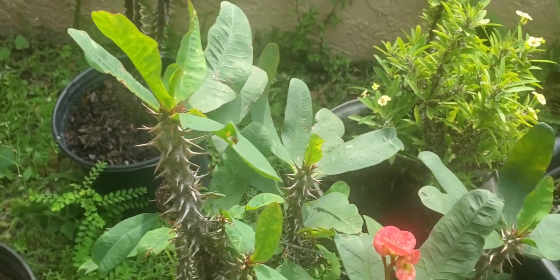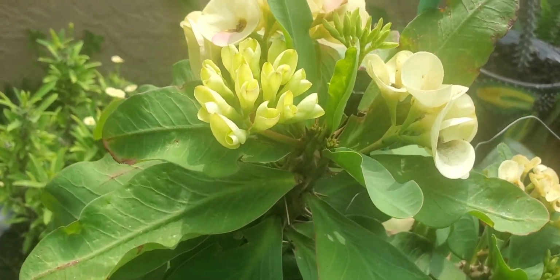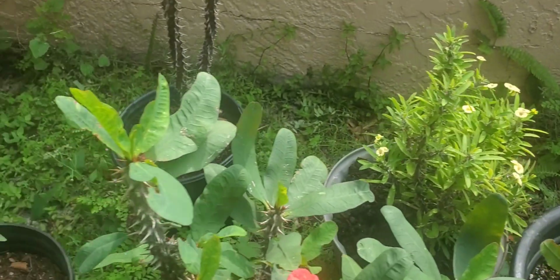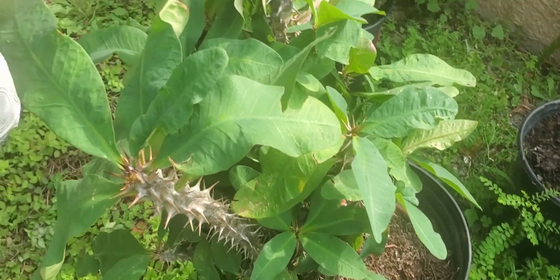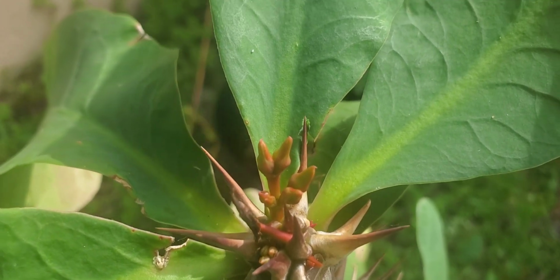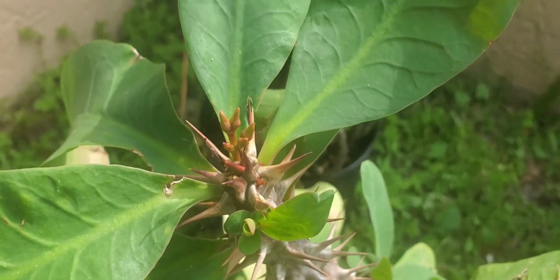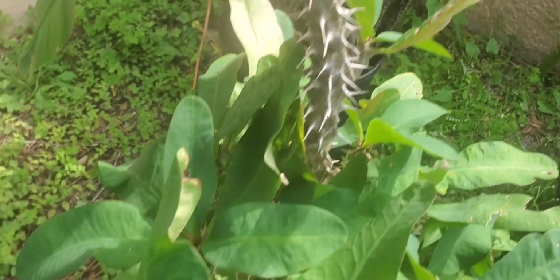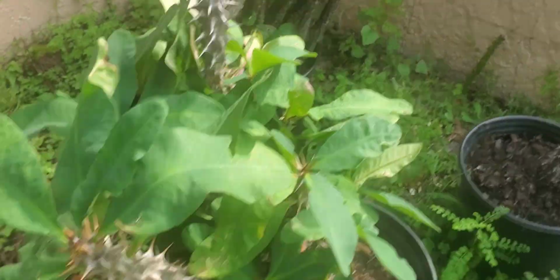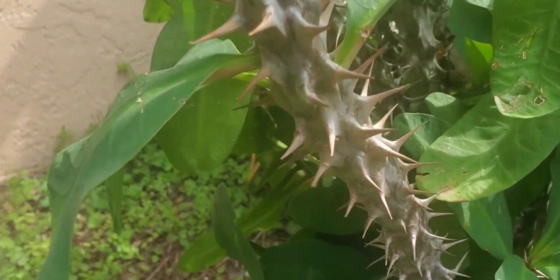and this could be a Siam white, or it could be a Thai spring song, so I'm not sure about that. Now we have a Thai giant hybrid, and it's just starting to get some buds here, so I can't show you the bracts yet. There's some more coming over here, but look at the size of the leaves, and the thorns on this plant are huge. I love them,